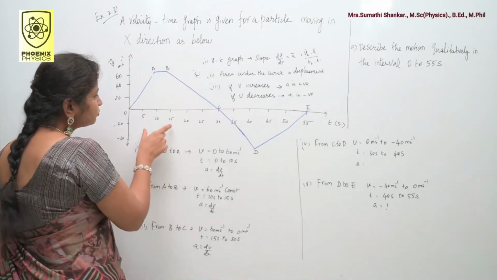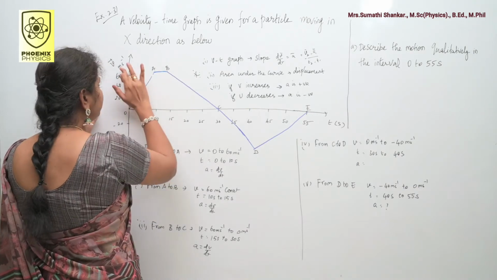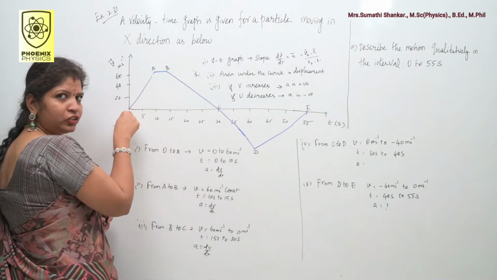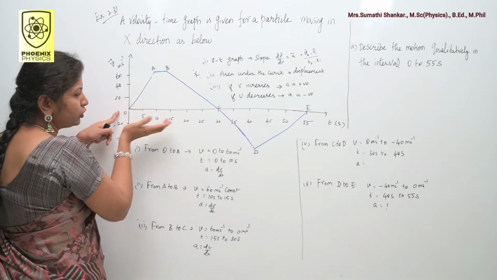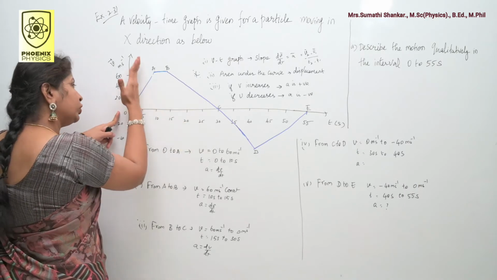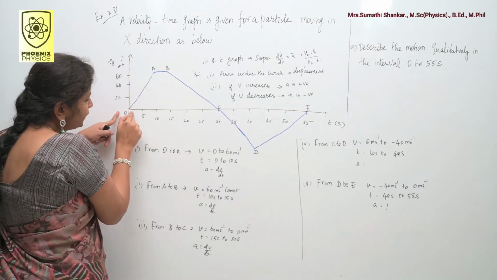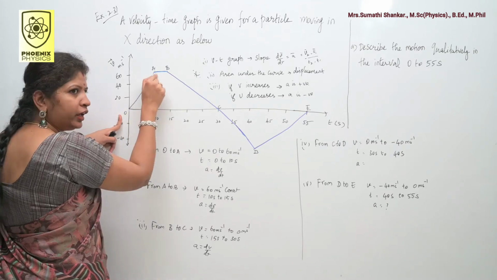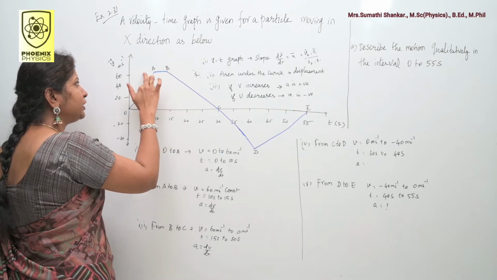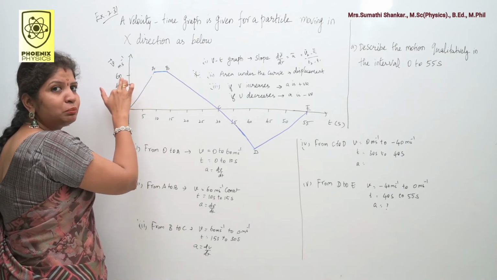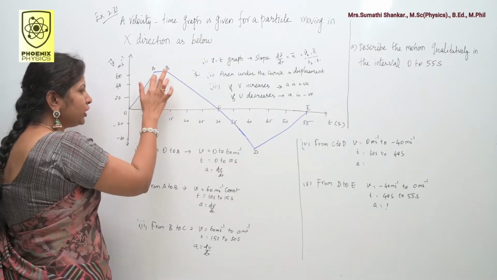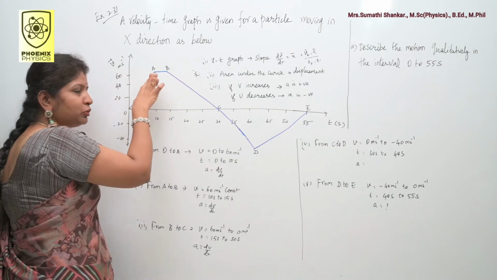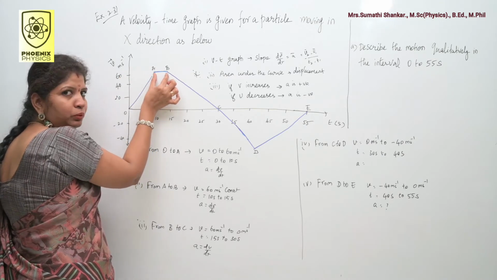Look at the graph. Here the graph is plotted between velocity v and time t. Initially the particle is at rest at t is equal to 0. The x-axis refers to time, the y-axis refers to velocity. After that it moves to A. After reaching A, the particle's corresponding velocity is 60 meters second minus 1. So 0 to A, initial velocity is 0, final velocity is 60 meters second minus 1. Up to this clear?